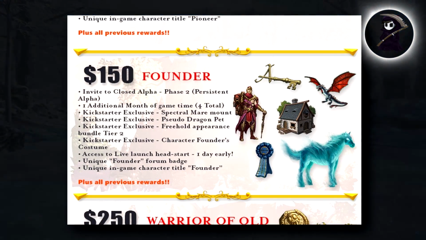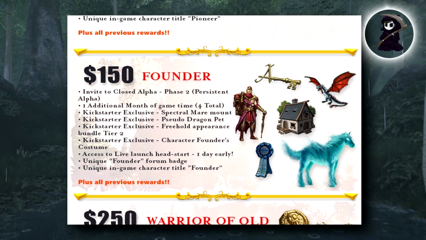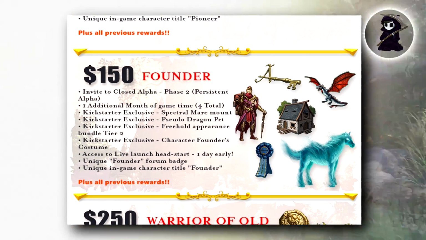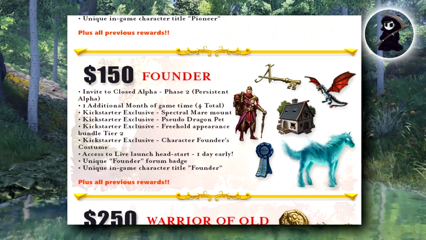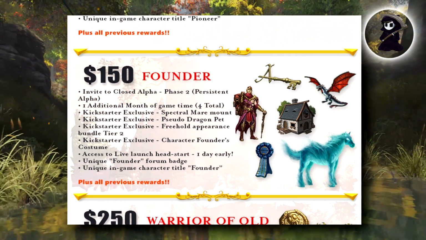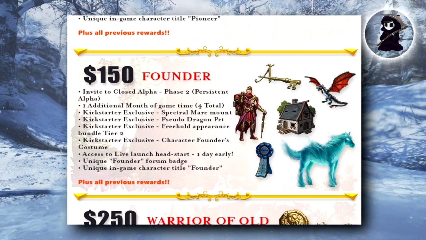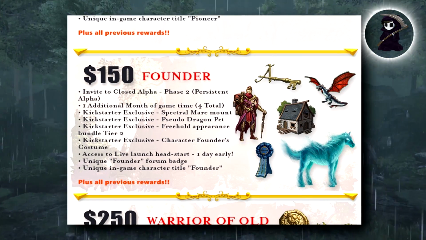The 4 months of subscription time is around $60, so you're roughly spending around $90 on some really awesome cosmetics. Phase 2 Alpha access, 1 day early head start so you can avoid some of the queues on launch day, plus all those previous rewards, which is starting to stack up as a lot of cosmetic stuff. This pack has a lot of value if you enjoy cosmetics and customization options, and want to play test things